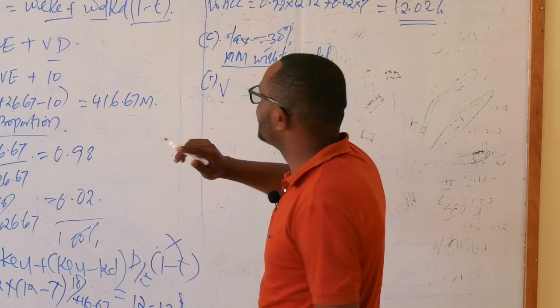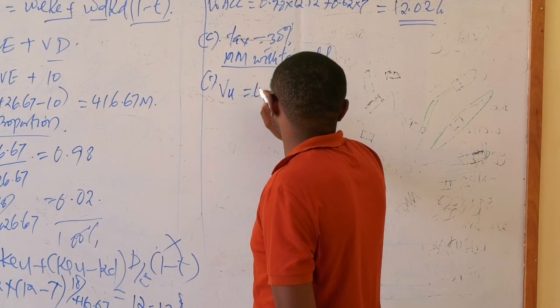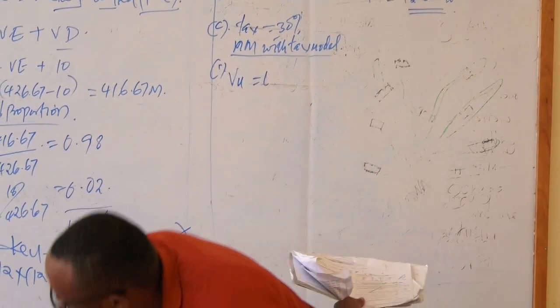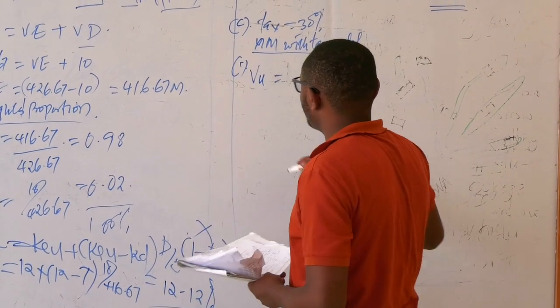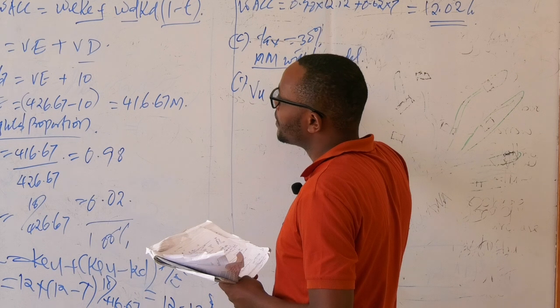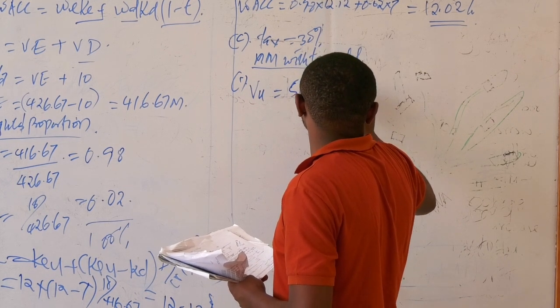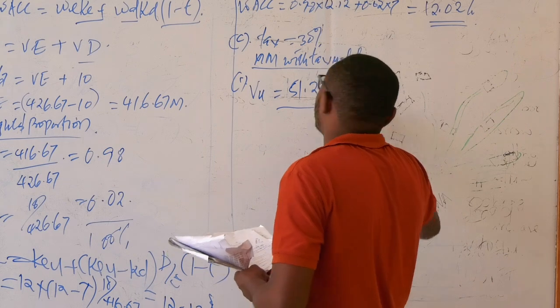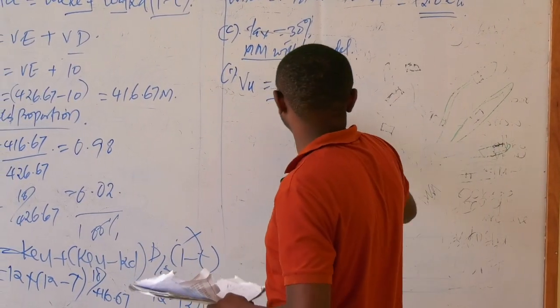So we start with the value of a levered firm is equal to EBIT. I don't want to go back again. You can't be having formulas all the time. We are doing this summation. We're going to have EBIT, earnings before interest and tax, 1.2 times the tax model. I've told you, we have 0.7. You know why? It is 1 minus 0.3. So you divide by the cost of equity, which is 12.